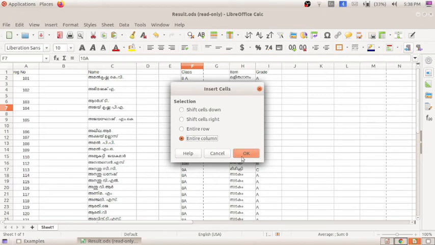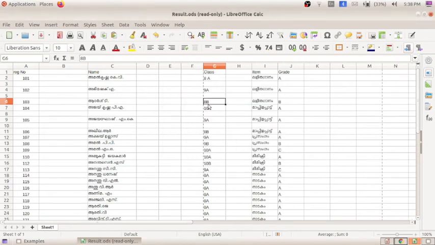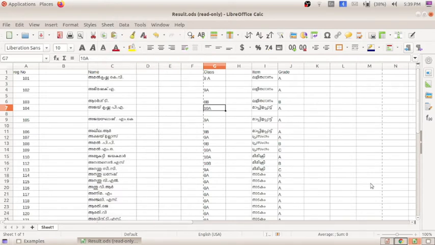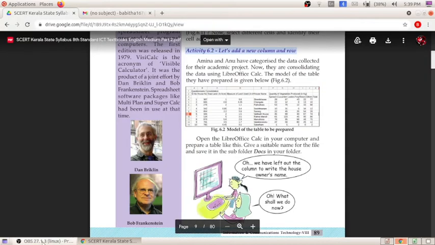So it is better, after activating the cell, to use either this method or this method. So I hope it is clear to all of you. This is the next activity, that means the second activity which we have discussed.